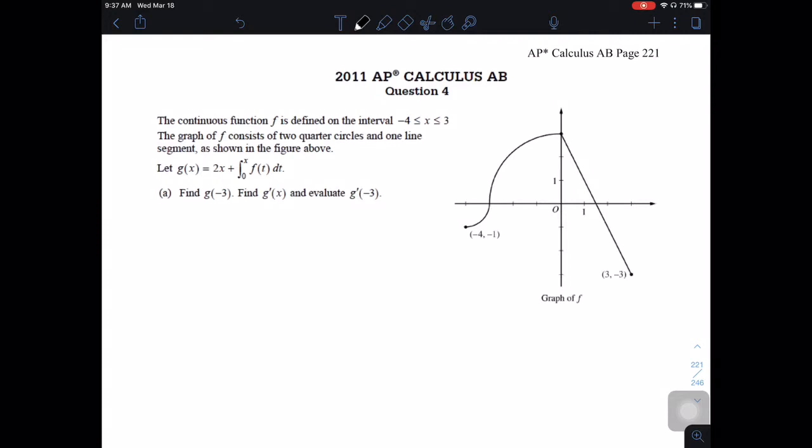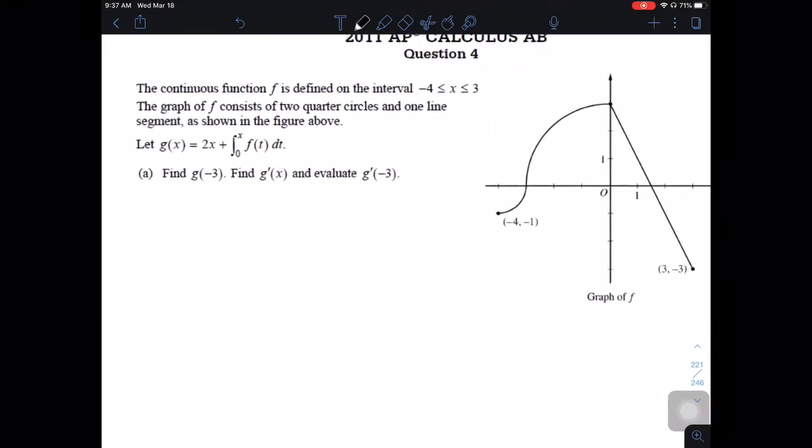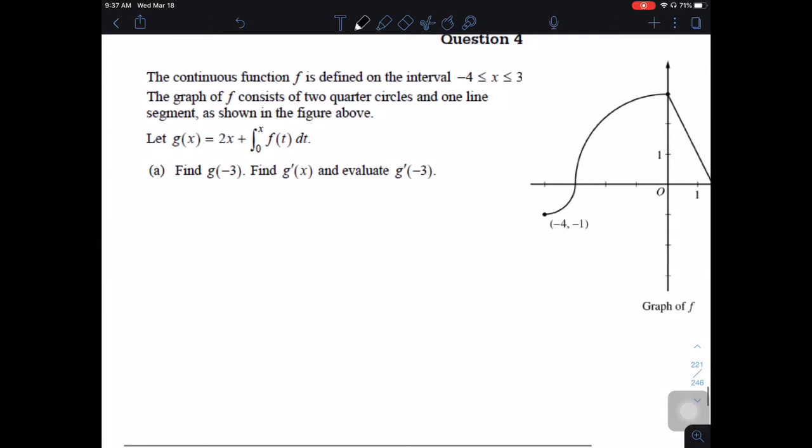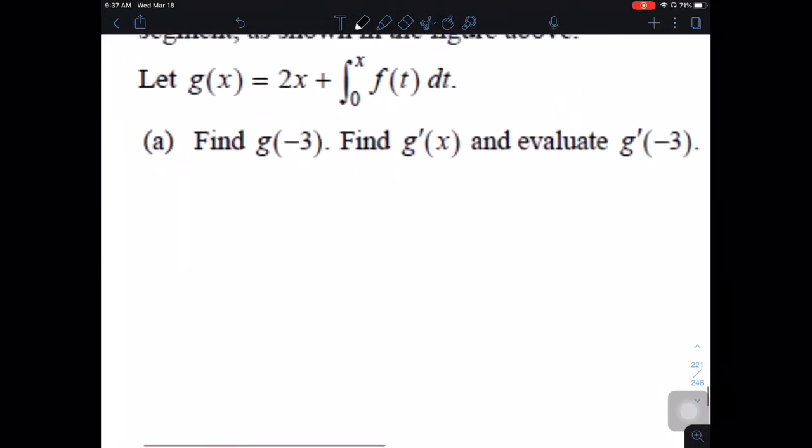Let g of x equal 2x plus the integral from 0 to x of f of t with respect to t. A, find g of -3. Also find g prime of x and evaluate g prime of -3. It's a lot to do there. So g of -3, let's do that first,